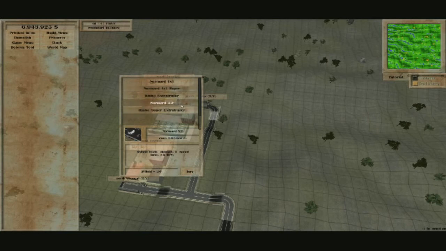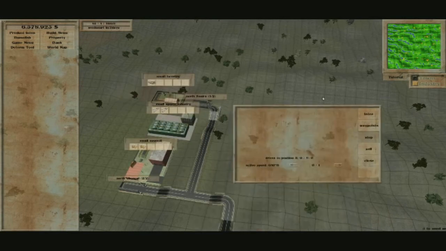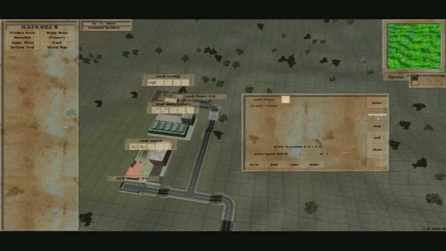Let's see here. Man, the double trailers are expensive to run. This one's really fast. I'm gonna go with the... It's also cheap. What I'm gonna do here... I'm gonna go here... I'm gonna go here... So I'm gonna take...